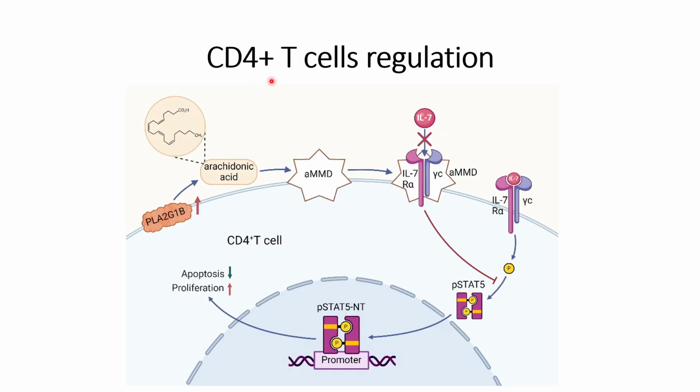The activation or upregulation of these CD4 plus T cells starts with IL-7 when it interacts with these T cells. When IL-7 interacts with the T cells, it will lead to the phosphorylation of the intracellular STAT5, and it will cause this phosphorylated STAT5 formation in the cytosol of the T cells. And this phosphorylated STAT5